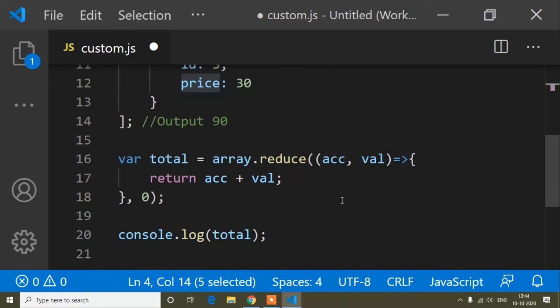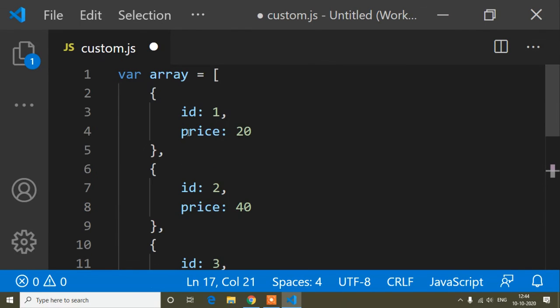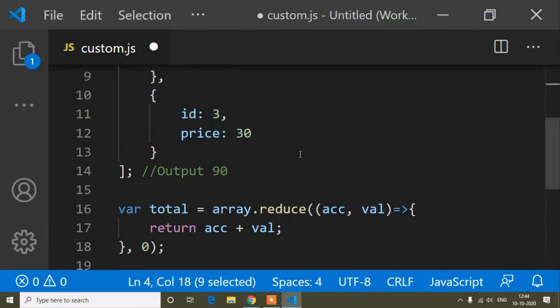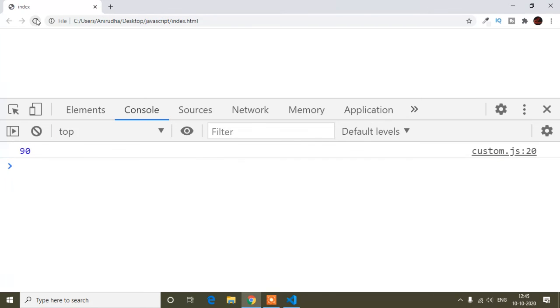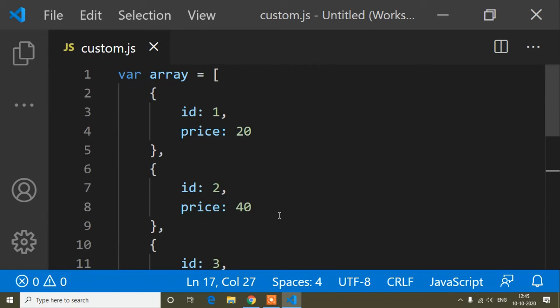It's very simple: the accumulator will be the same, we don't need to change it. For the value, we just write what we want to add, which is price. So value dot price, save it, and check it here. You can see we are getting the value 90. It's very simple.